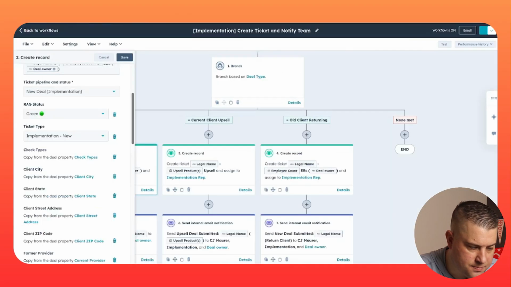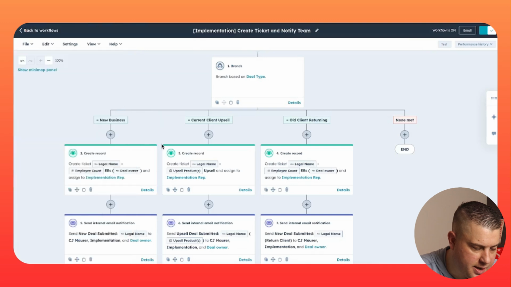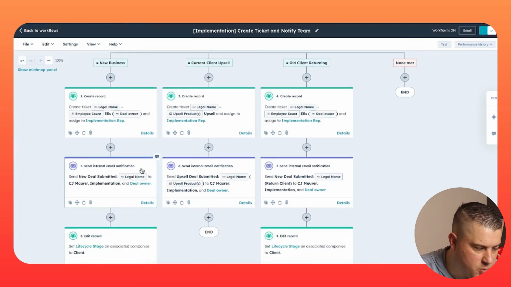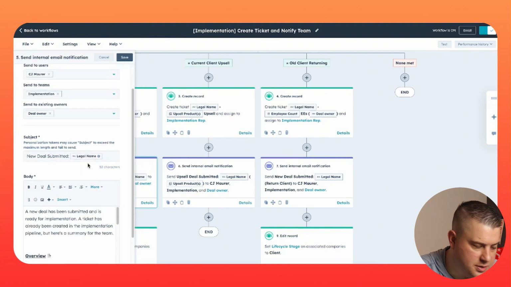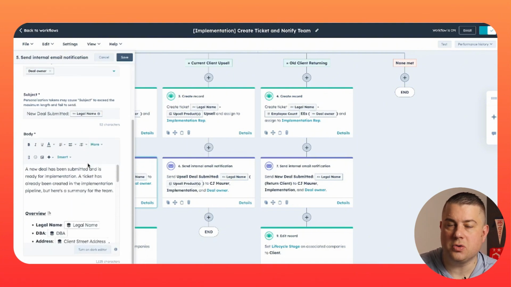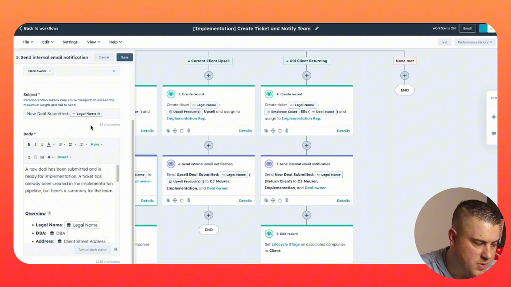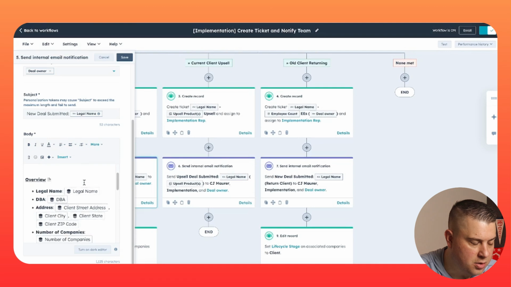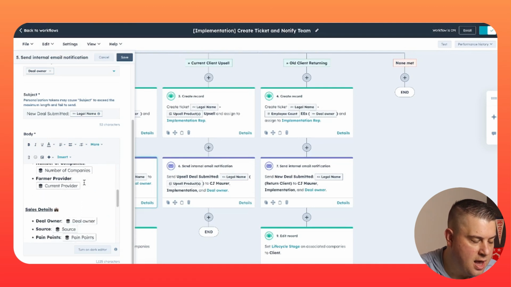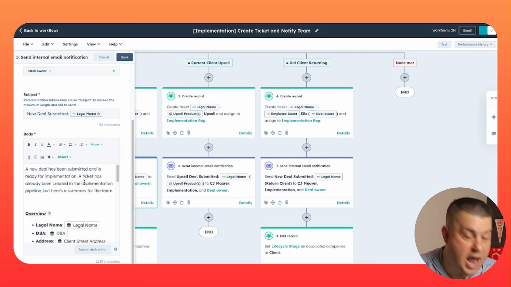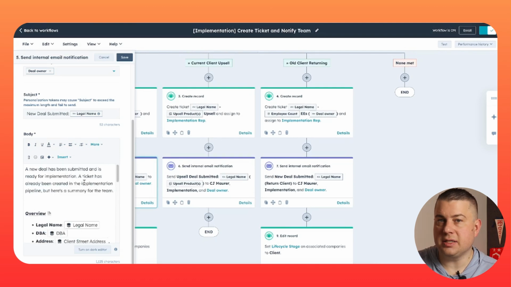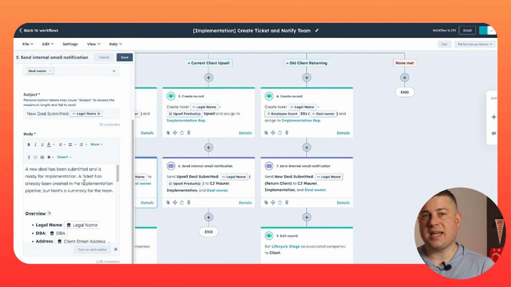What we're also doing, once we're creating the ticket and assigning it to a rep, is sending an internal notification. Does this go to a manager? Does it go to a specific rep, or do we rotate it among a team of reps depending on the situation? And now we have a nice little internal email notification that does more than just say, hey, Johnny closed this deal, Mary, it's your turn to start the implementation process. But it's got a lot of the information that Mary needs, or maybe would just like to have,